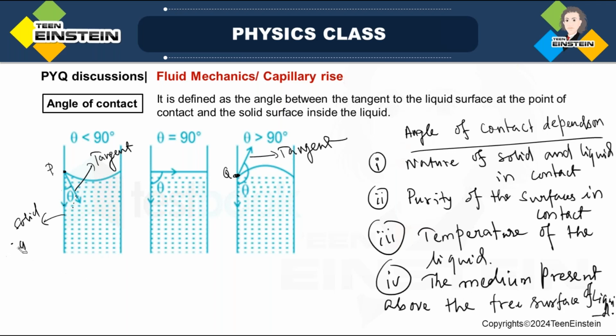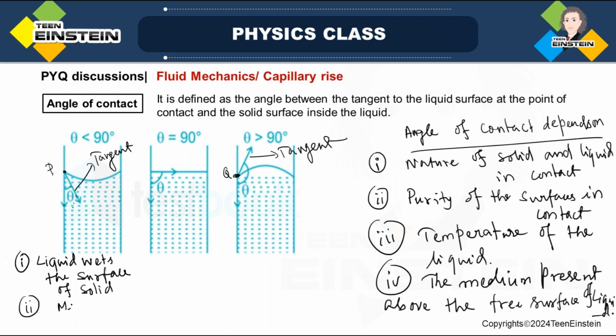Acute angle you can understand, less than 90 degree. Point is, liquid rises towards the surface of the solid. And second point is, meniscus will be concave,